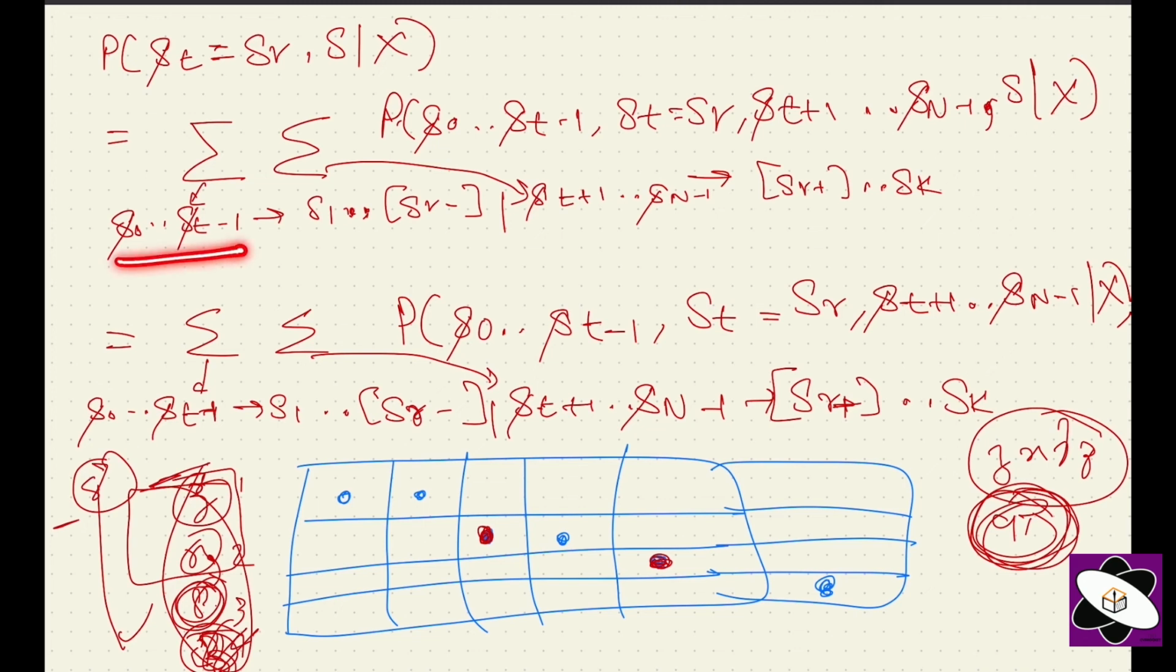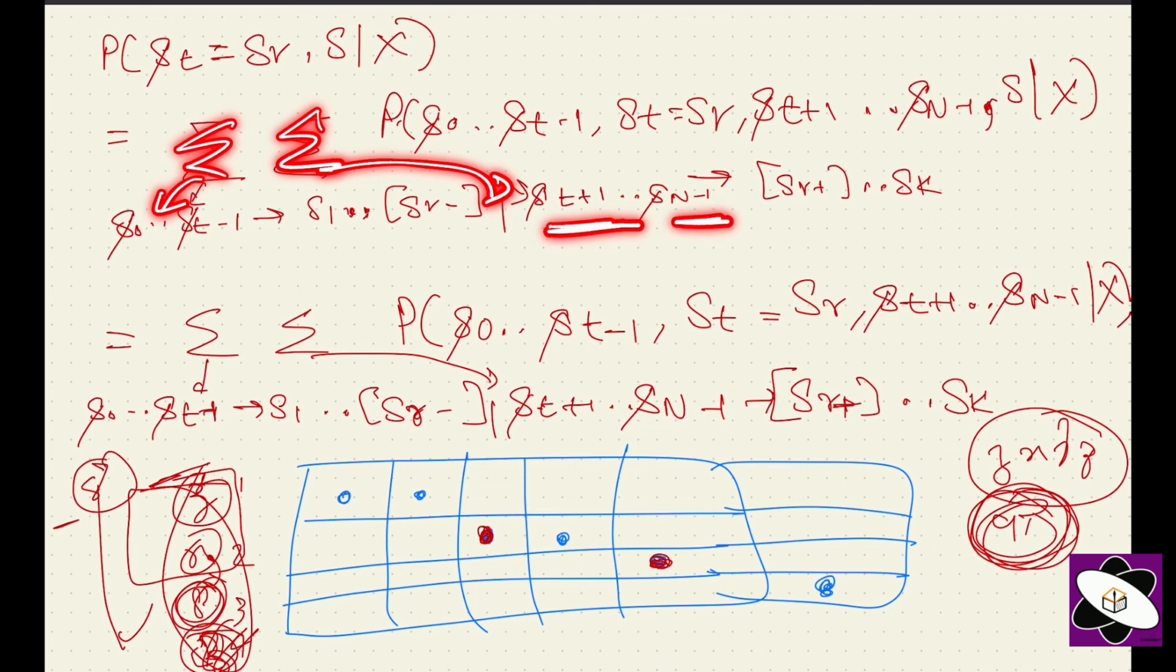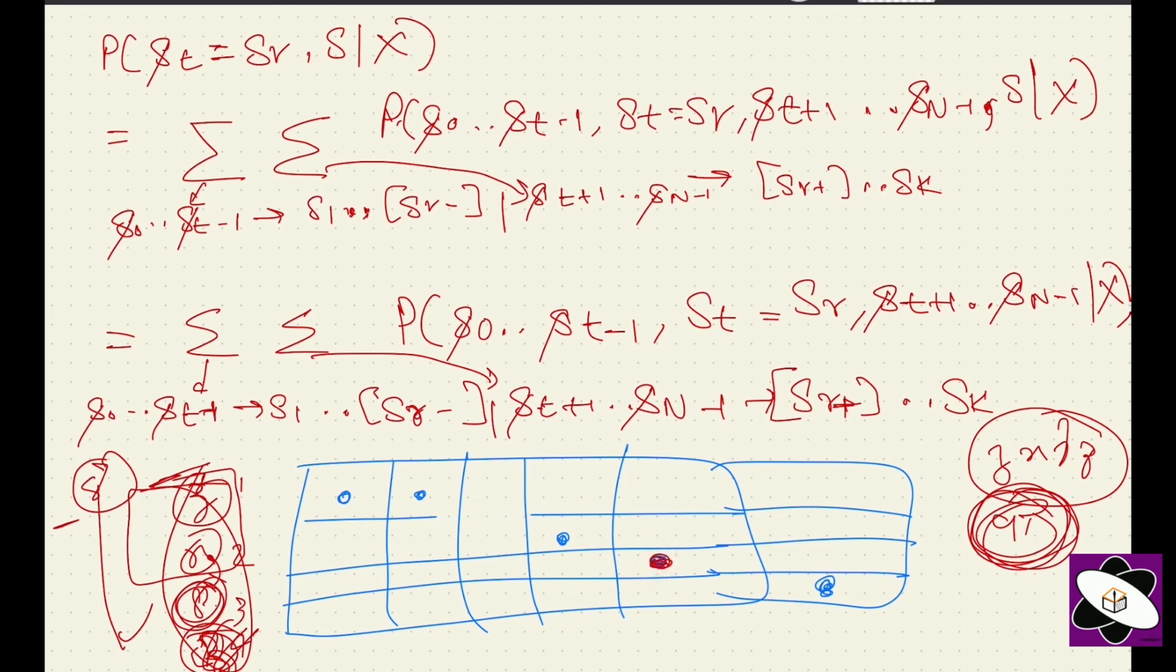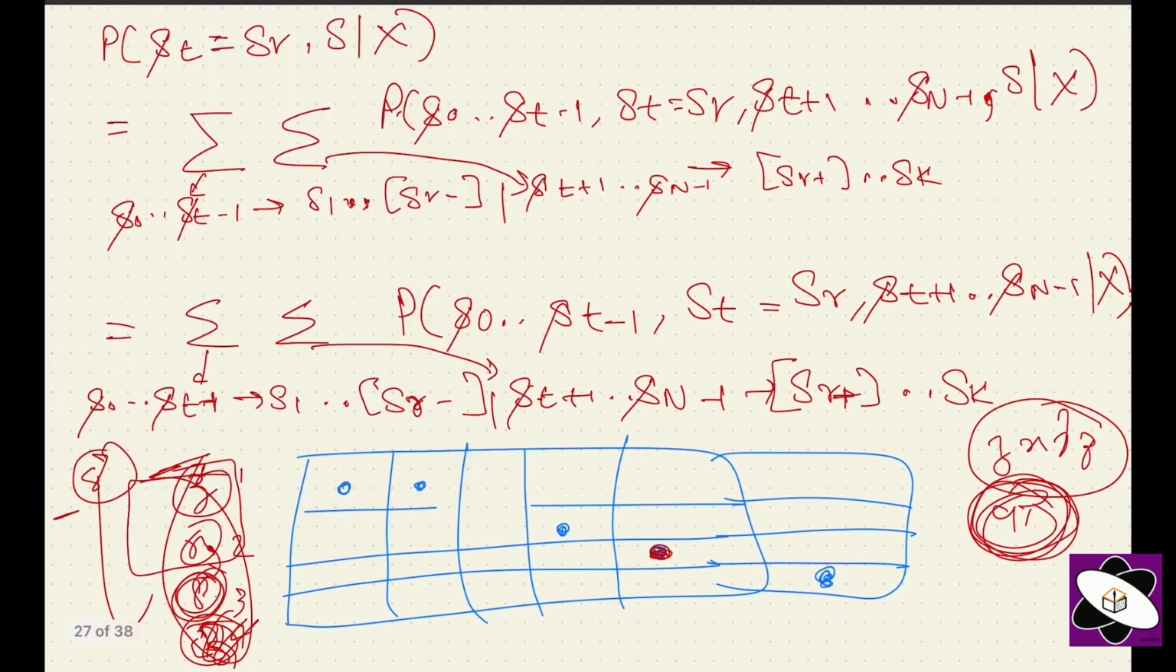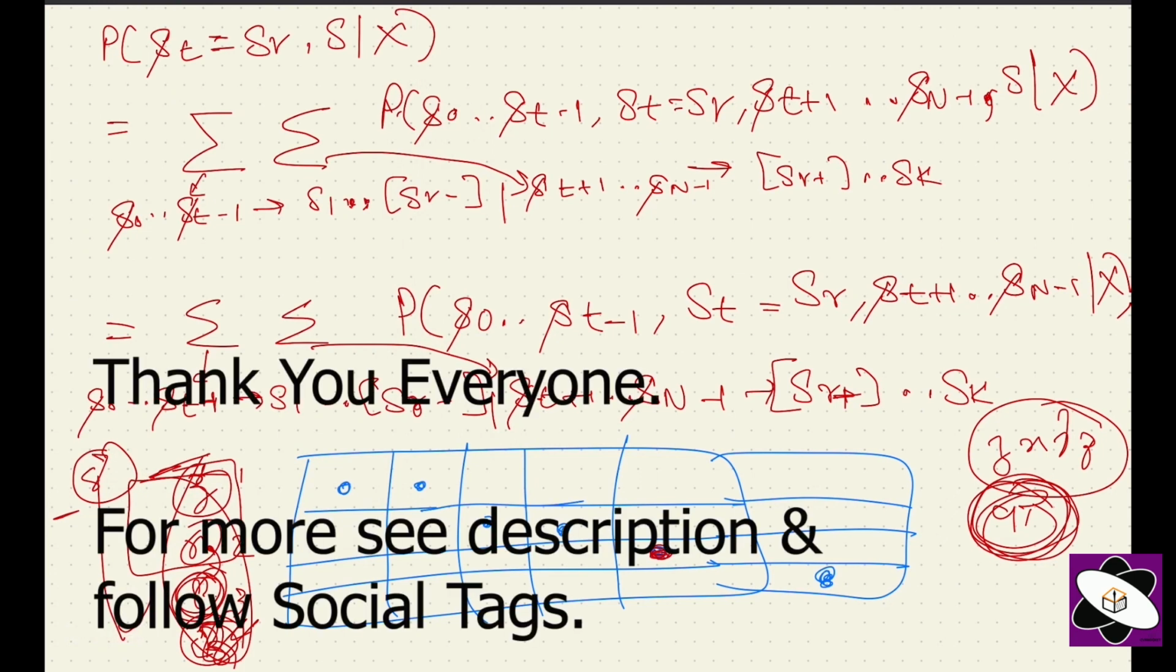So this is a symbolic sequence: these are variables and these are constants for the example, and this summation is for this, and it holds for st plus 1 to sn minus 1, sr plus and sk. So if we are positioned over here, I'll just erase this, one second. If you are positioned over here like this,